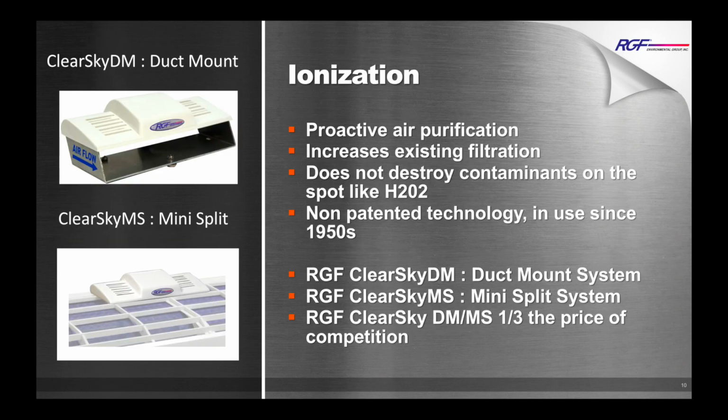Ionization, it's a technology that's been around since the 1950s. It's made a recent comeback with some other manufacturers and master distributors buying and reselling and trying to get into the indoor air quality space. But this really was one of the first proactive air purification systems. It's not going to destroy contaminants on the spot like H2O2 hydroperoxides and the REME Halo does, but it will